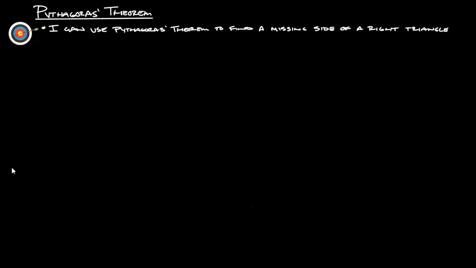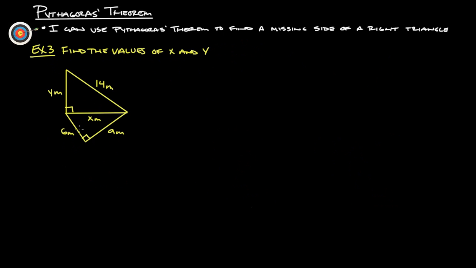Okay? All right. Find the values of both x and y here. So, let's see, that's not a 6, but that's a 9. So this triangle here, you'll notice we have 2 unknowns. This triangle here, we only have 1 unknown. So let's figure out what x is first. So in this triangle here, right there, we have x is the hypotenuse, so this really should be equals x squared. So we've got 6 squared plus 9 squared